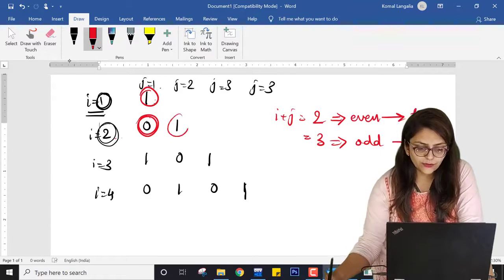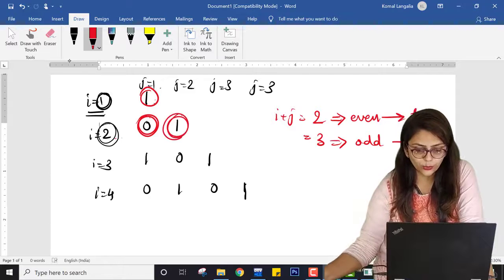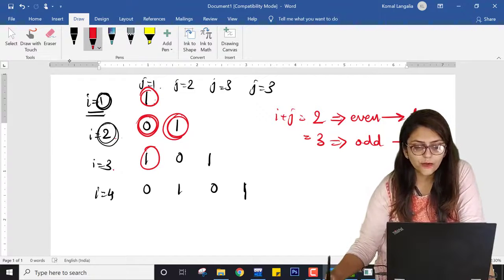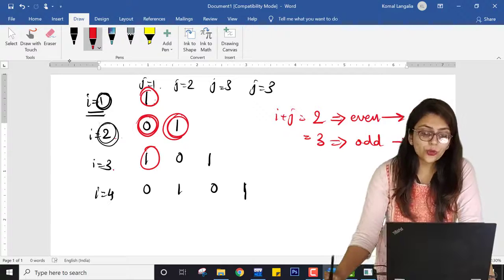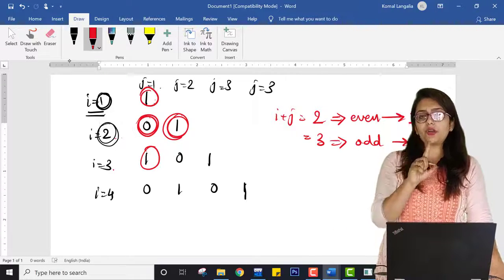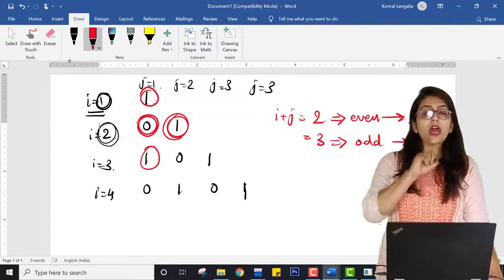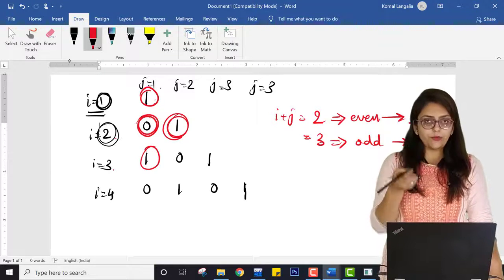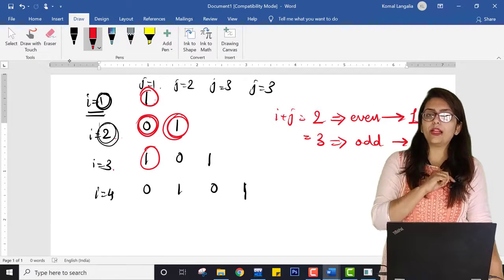Again you can check this. This is even, so I am printing 1. This is odd, so 1 plus 3 plus 1, that is 4, so it is even, so I am printing 1. 3 plus 2 is odd, so I am printing 0. So I have successfully discovered the logic: if the addition of i and j is an even number, then I am printing value 1, otherwise I am printing value 0.